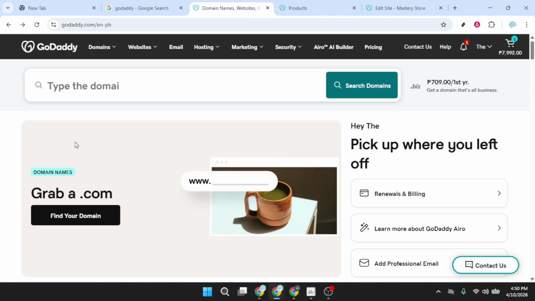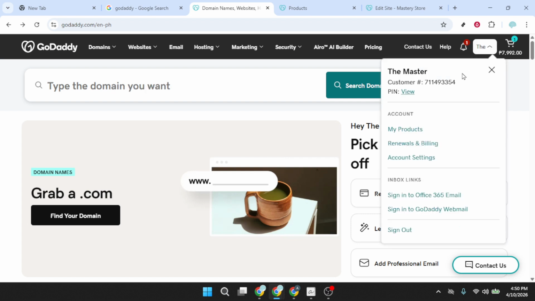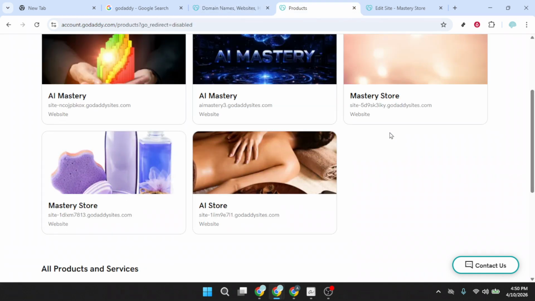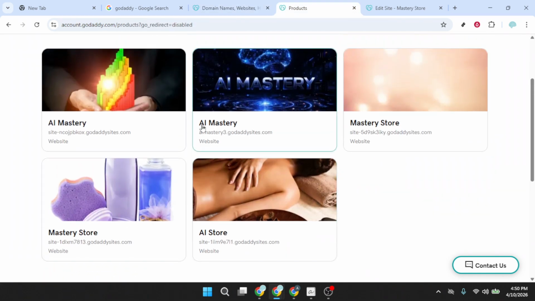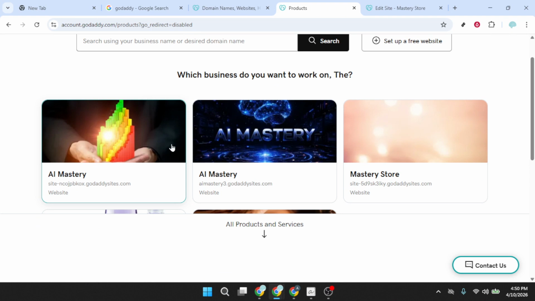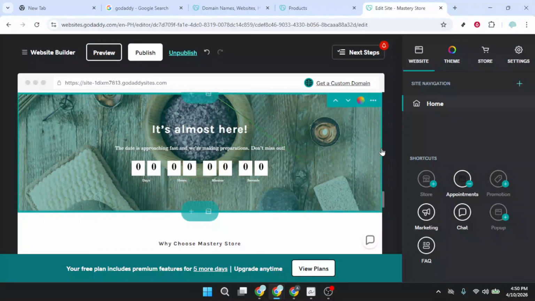Once you're in, look to the top right of the page and click your account name. From the menu that appears, select My Products. This takes you to a list of everything you have with GoDaddy. Find the website you want to connect to Pinterest and click it to open its editor or dashboard. If you manage multiple sites, double-check you're selecting the correct one, since the tag you'll add applies only to the